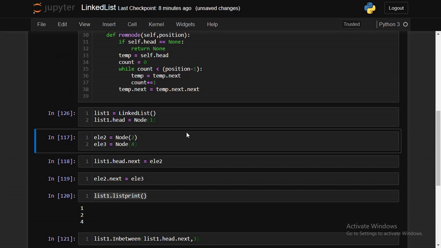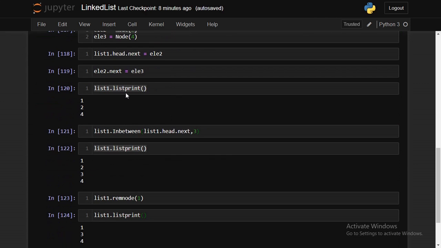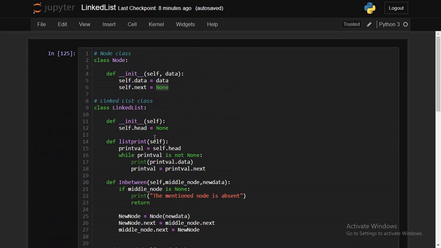Okay, now after executing, I'll try to create two more nodes. I'll just give the values 2 and 4. As soon as I call Node of 2, it comes over here. Data is 2 right now. Self.data will be 2, self.next will be None, and same for node 4. So what happened here is three separate nodes got created. One node was node 1, another contained data 2, and the other had data 4 in it, but they are not linked yet. Those are not a linked list. They are just nodes sitting separately in the memory. Memory here means it's RAM.